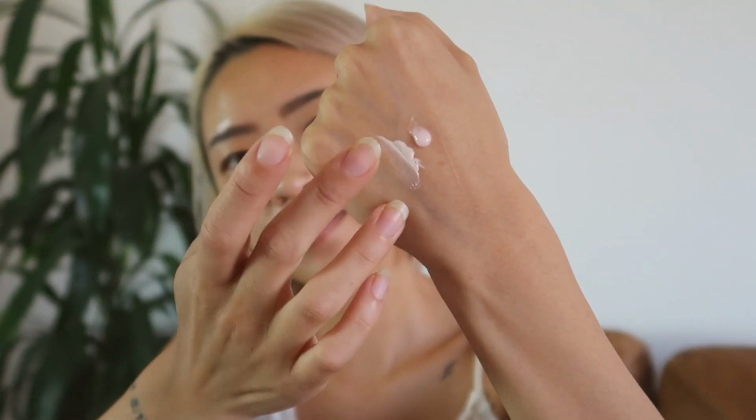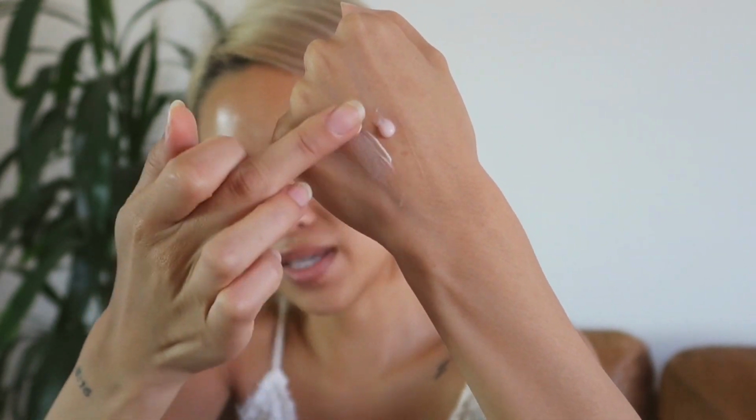So I wanted to first compare the two different primers. First, this is the Instant Retouch Primer, their original primer. I'll squeeze a little bit of that there. And then this is the hydrating one. I probably put the primers a little too closely together, but this is the Instant Retouch one. And then the hydrating one is more of a